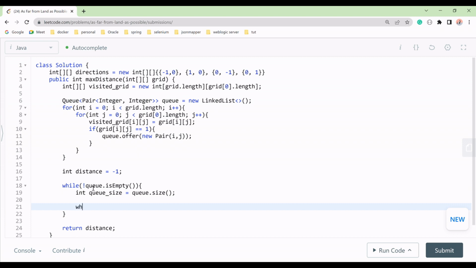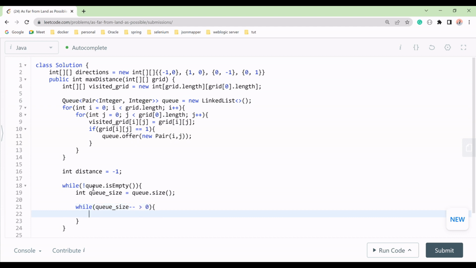Let's suppose while this queue size we have, if we do minus minus each time, we're reducing it each time. If it is greater than 0, then we will take from the queue, queue dot poll,